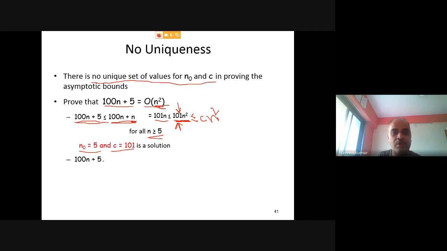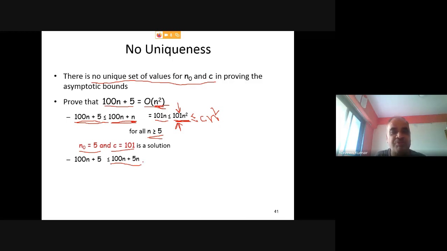So take another example, 100n plus 5. In the previous example we got n0 equal to 5, C equal to 101. Now we are computing in a different way so that we will get a different n0 and C. We are trying to show that these values are not necessarily unique. So here we are trying to show that this value will be less than or equal to 5n. This is also correct, right? You can also write it this way. One student can take this in their computation.